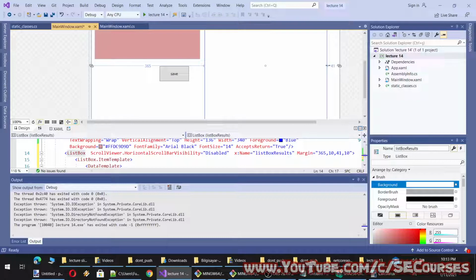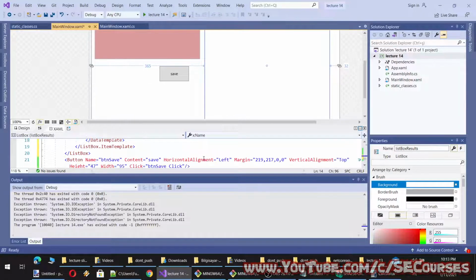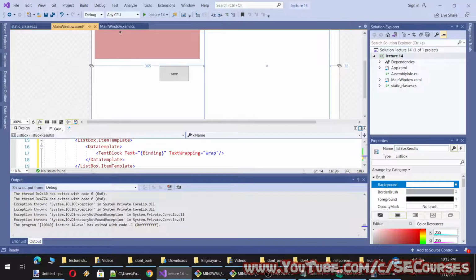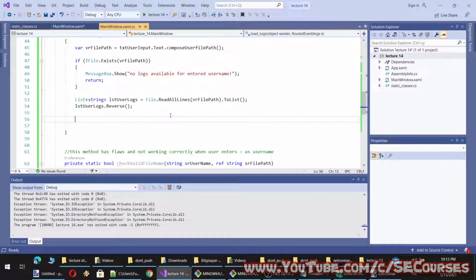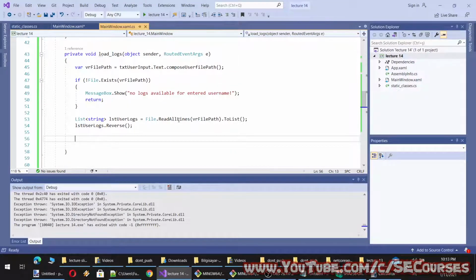So something like this. Okay, so the name is listbox results. Okay, everything is fine. All right. I will be using a collection, but we can bind it later.